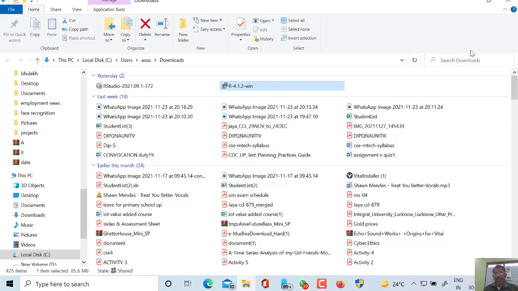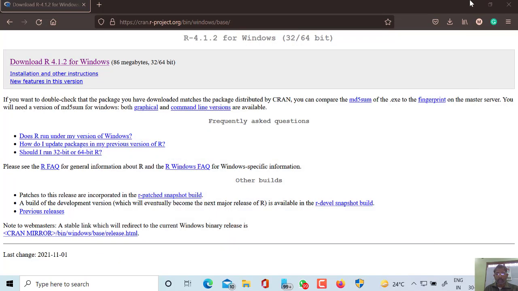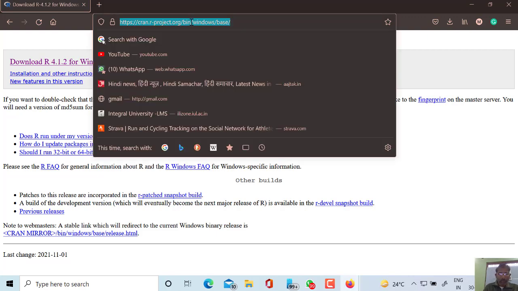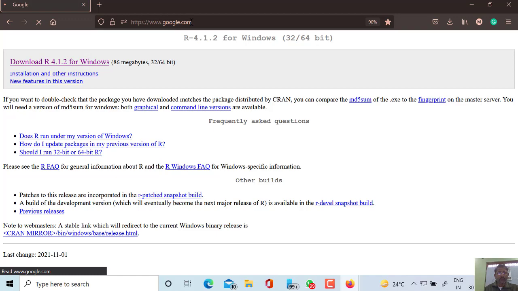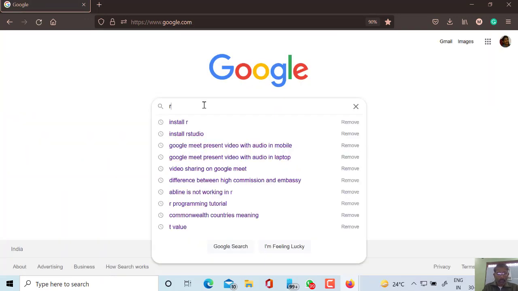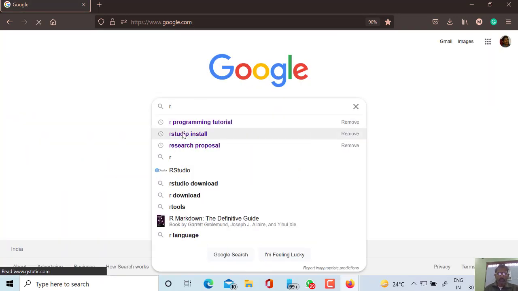After installing R, you have to install an IDE for R. R Studio is a very beautiful IDE for the R programming language. So after that, in a similar manner, you can go to the R Studio website. I am googling it. R Studio install.